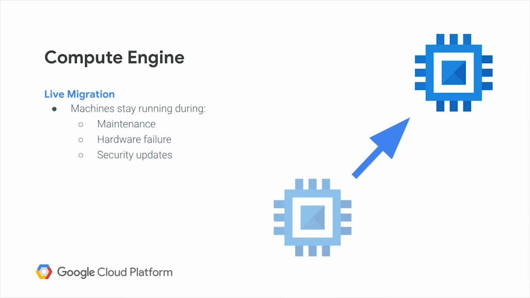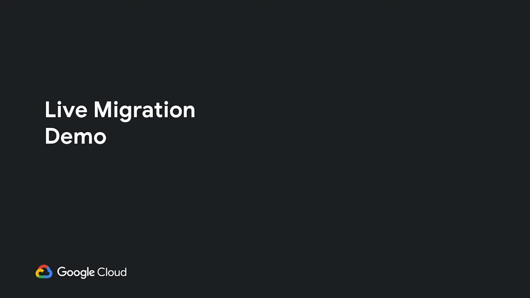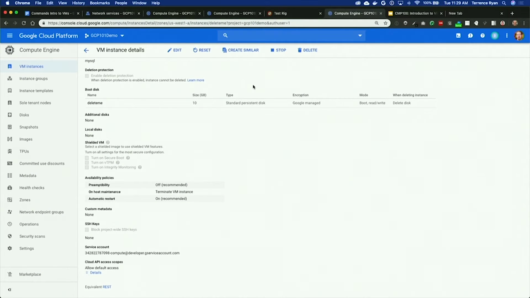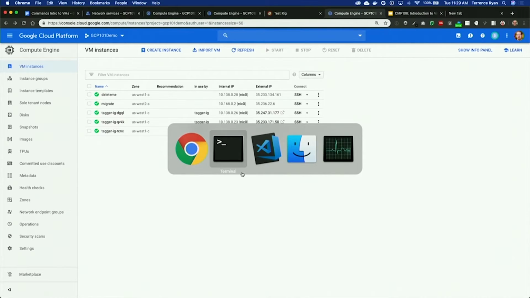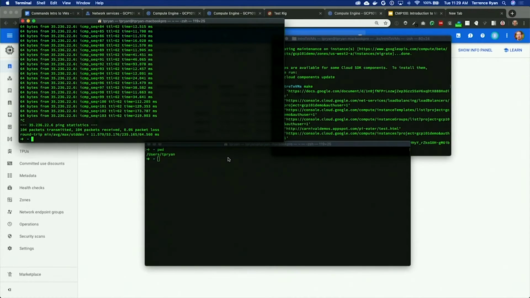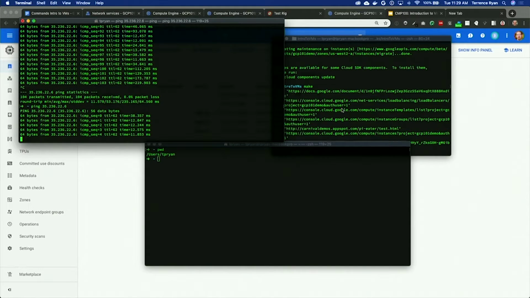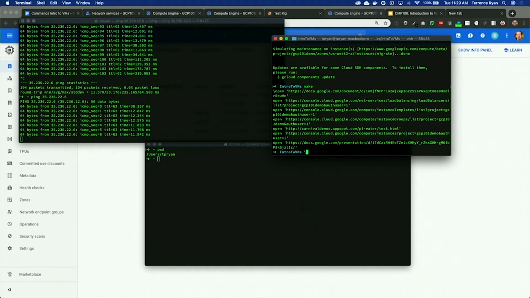I'm actually going to show a demo of this in action, because one of the things that you can do is you can force a live migration to happen. So I'm going to switch over back to demo. And we'll see here that I have a machine in my list of instances called migrate. Okay, and that has an IP address. So let's go to the terminal here. And I'm just going to start pinging it. Okay. And then, so that's pinging. And then in my other window here,